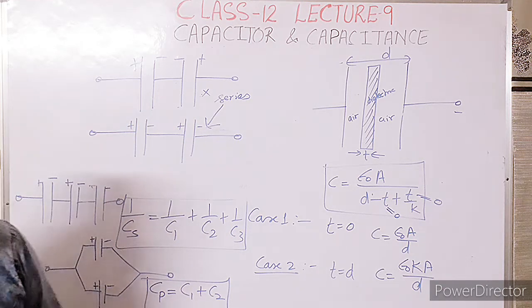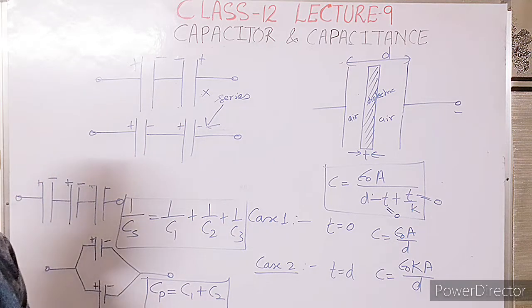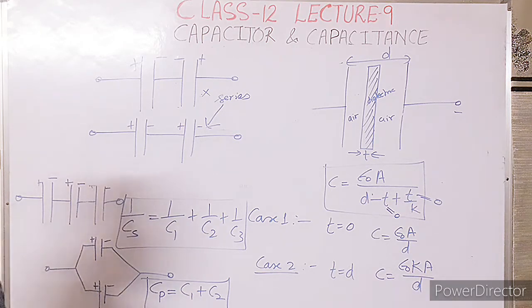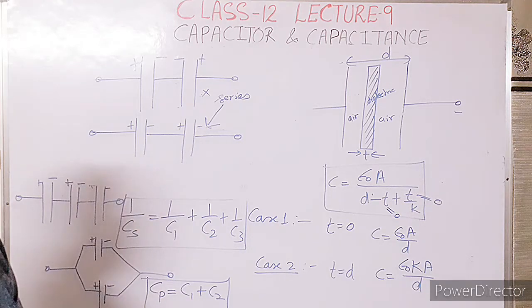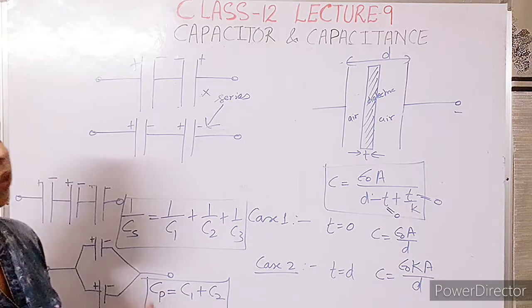And this is all in my video. I don't want to make this video too long because two major important topics are left: the energy stored in a capacitor and the energy density of a capacitor. These are very much linked with the Maxwell equation, which is the last chapter of the NCERT textbook. So I don't want to discuss these important topics in haste. It will be better for you to make a new video for the two remaining topics. After that, this is all related to the chapter.